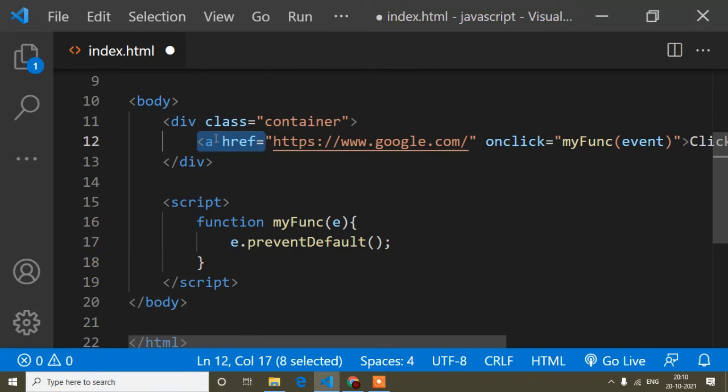Now if the default behavior of the anchor tag is that it just redirects to another link, it blocks this. So that is actually the prevent default method. But stop propagation is a totally different thing. Some are confused between stop propagation and prevent default, so I will explain stop propagation in the next video, and I hope it will be clear.